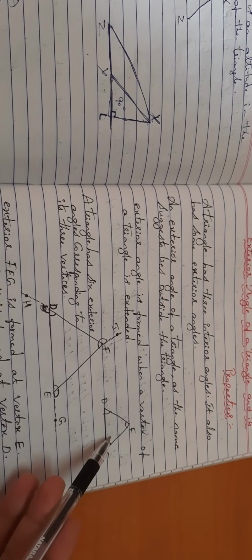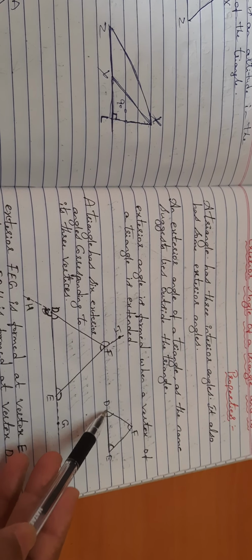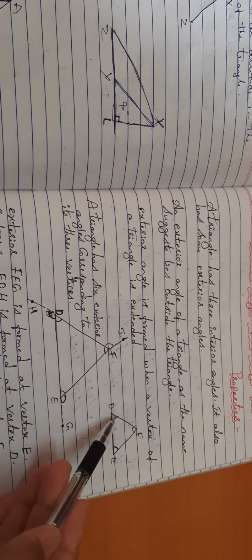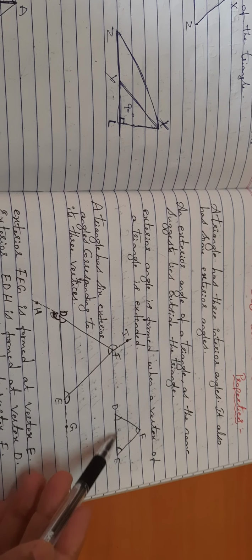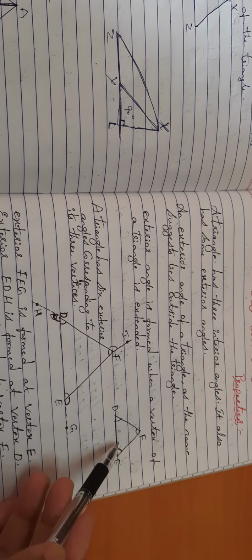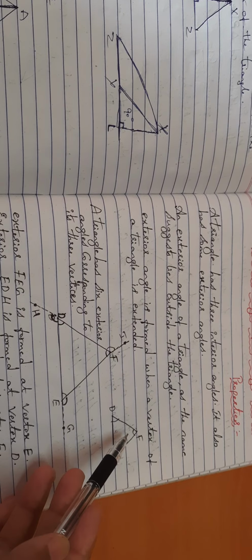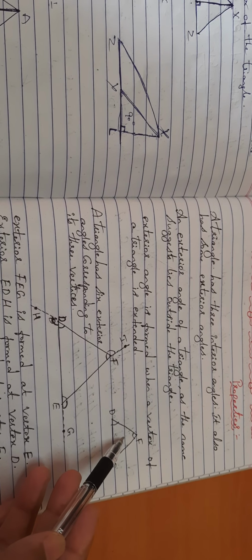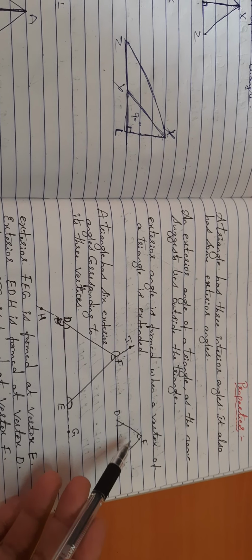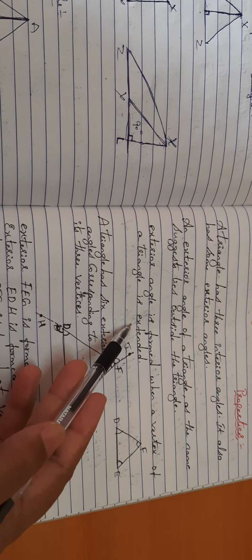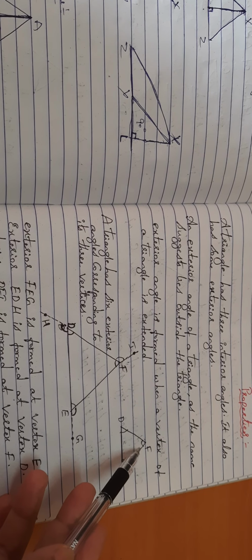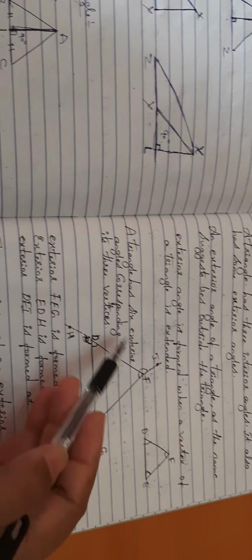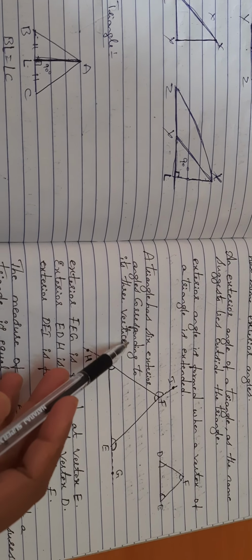See, now here I have given you one triangle DEF. This has only interior angles. Why? This is inside. There is no exterior angle for this. We can't say it is an exterior angle. It is an interior angle. But now we are discussing the exterior angle. This is interior angle DEF. See, now we are speaking about the exterior angle.